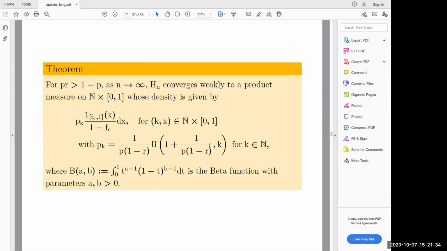That's exactly right. But that's a kind of reinforcement where you reinforce only what you observe. In this model you are reinforcing something else also, right? So it's not just Blackwell-MacQueen, but more like the Chinese restaurant process. The Chinese restaurant is a special case of Blackwell-MacQueen. Other way around. The two-parameter Chinese restaurant is what you're saying. Yeah, exactly.